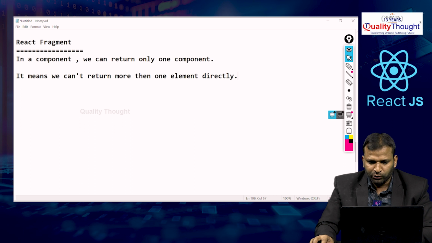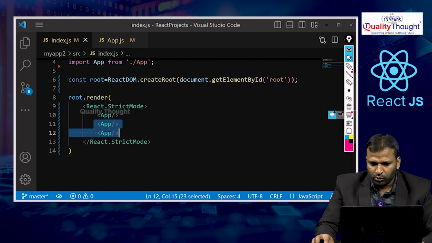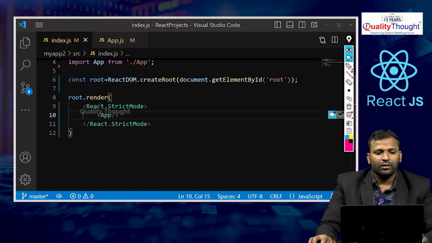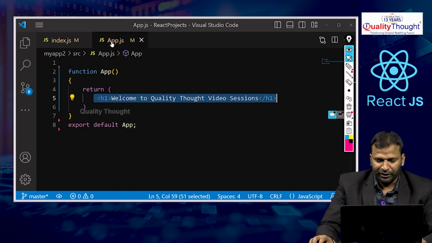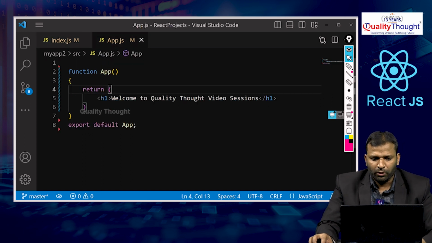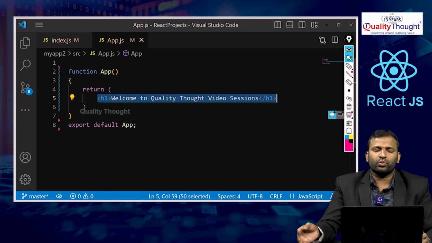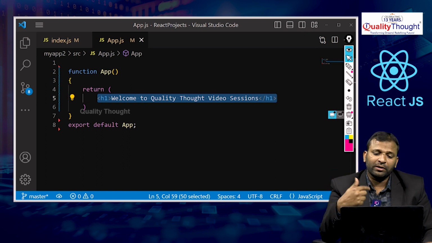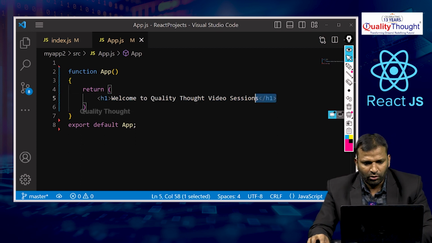See what I am going to do now. Let's open my application, and I want to call my app.js only one time. Index.js always calls the app component. Here if you see properly, inside the return, I wrote one h1 tag. The h1 tag is an element, I told you. How many elements are we using? One element only. Now what I will do, I will say here,